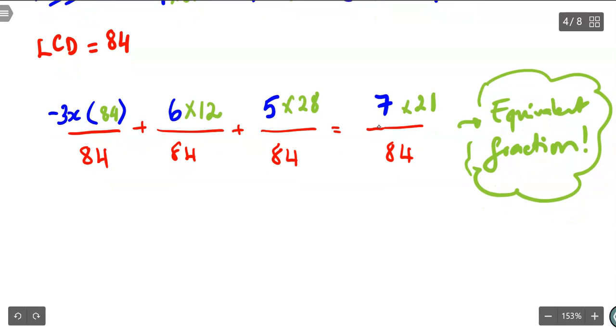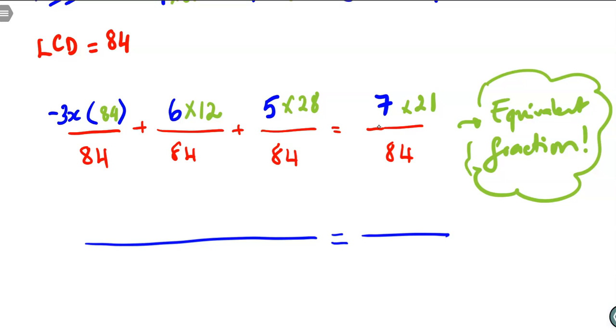Because the purpose of taking the lowest common denominator is to perform the operation in the numerators,